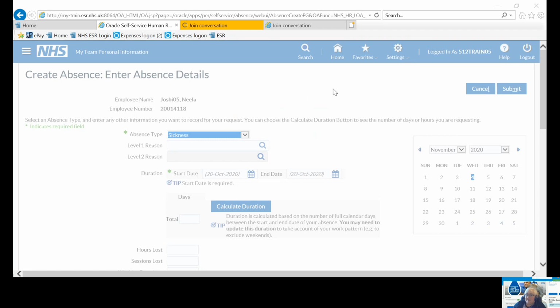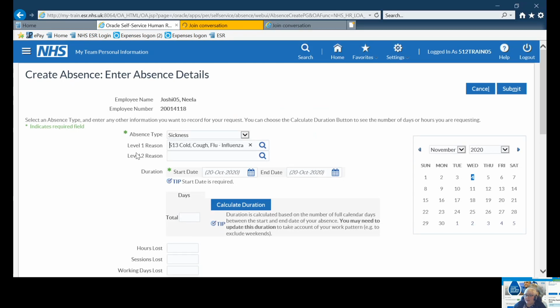So to select your absence, you would find the most appropriate absence reason. And at the side, there's a quick select column with a little orange computer screen. So you would find your absence and click on the little orange computer screen, and that will automatically load this into the level reason 1 field. You would then repeat the same process for level 2. So you would click on the magnifying glass,